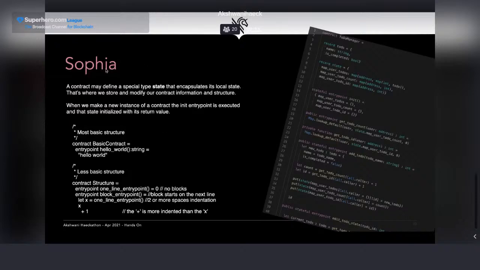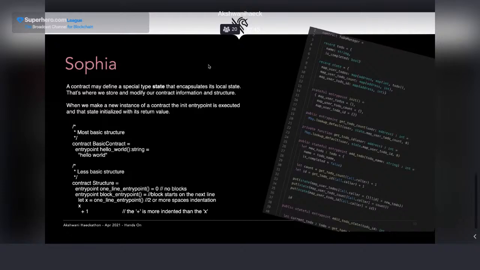What is the basic structure? Well, the definition of the contract, like we have here in the example: contract, name of the contract, equals, and having one entry point that maybe doesn't write anything to the blockchain, like the hello world.